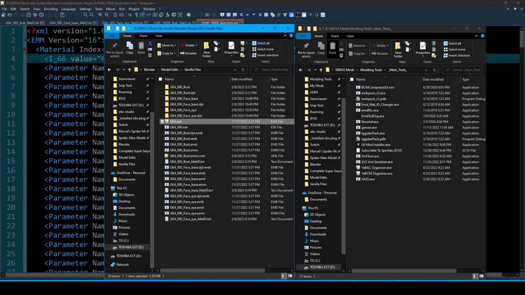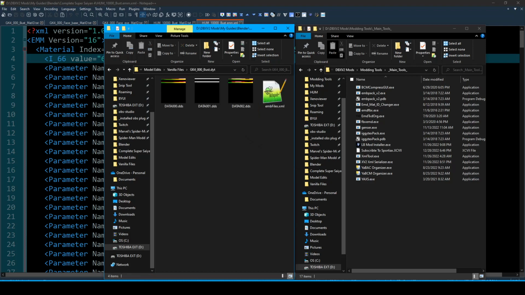It's important to explain the EAN is the animation file, the ESK is the skeleton file. Both the animation and the skeleton file communicate with each other. One can't work without the other. The dyt.env, which I'll refer to as dyt, has the main colors for the model, environmental colors, and controls how the line shows on the model.